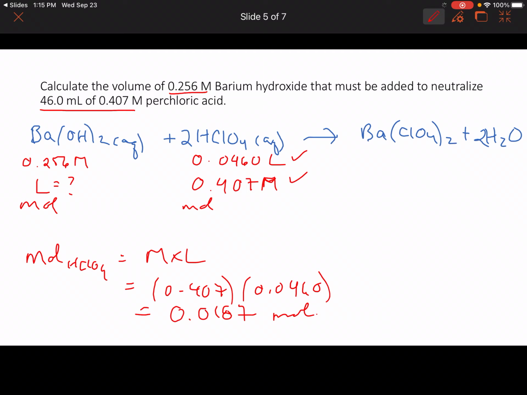Now, looking at the barium hydroxide, they are not going to have the same number of moles because the mole ratio is not 1:1, it's 1:2, remember. So some of you would just quickly go through that division, but I'm going to use dimensional analysis just because I think a lot of you are used to doing that. So I'm going to say moles of barium hydroxide equals, and I know the moles of the perchloric acid, I just calculated it, 0.0187 moles of HClO4,